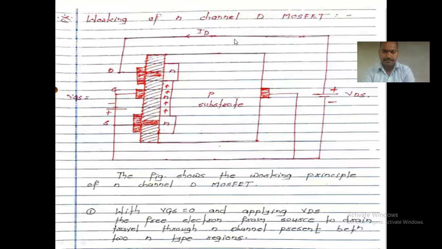See, now we are applying the gate to source voltage that should be initially 0. So we know that here is the largest channel. In another way, we are applying the drain to source voltage, VDS, as a positive voltage, and the source as a negative voltage, applied here. So we know that by application of the negative voltage to the drain, that is N, we have applied the reverse voltage.